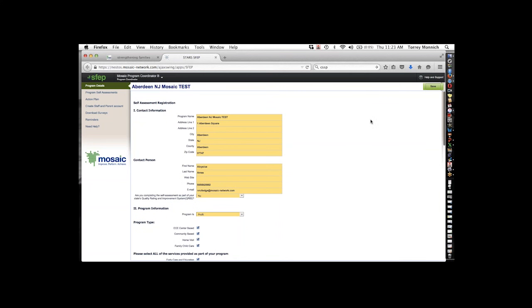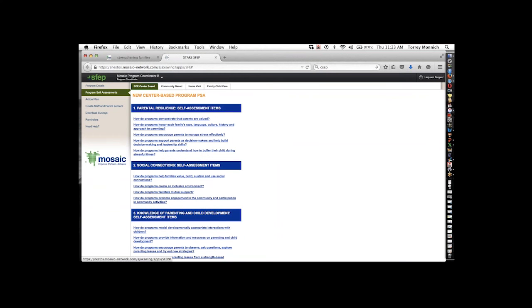And if I want to save here, I can. I think most of the time in this system, if you try to just move away without saving, it warns you. It's pretty good about giving you that warning. So I'm going to move into the program self-assessments, and as you can see, I had all 4 checked,